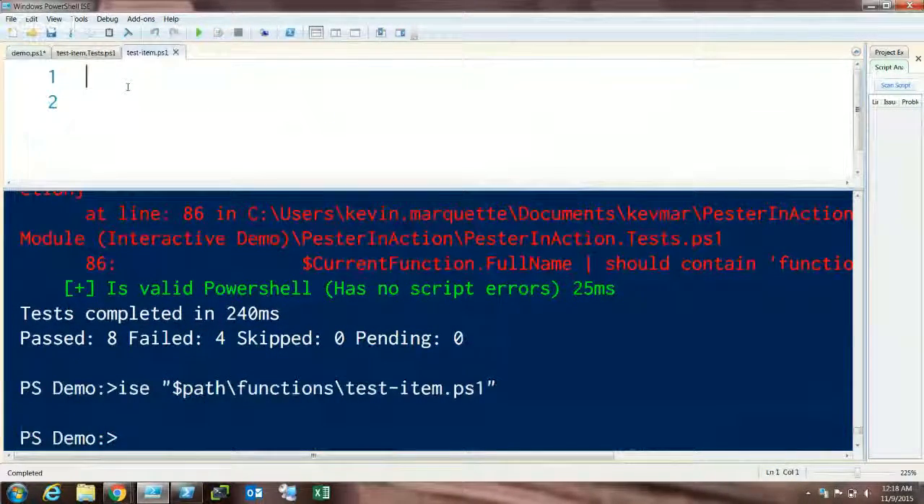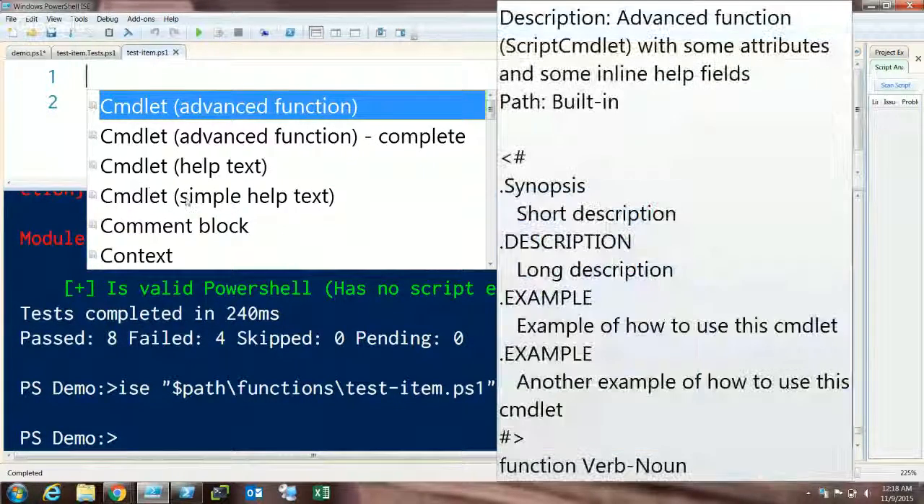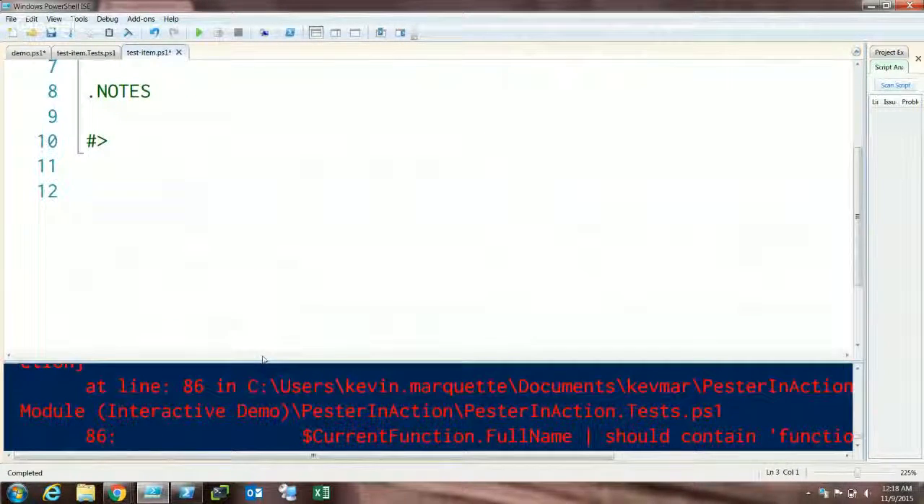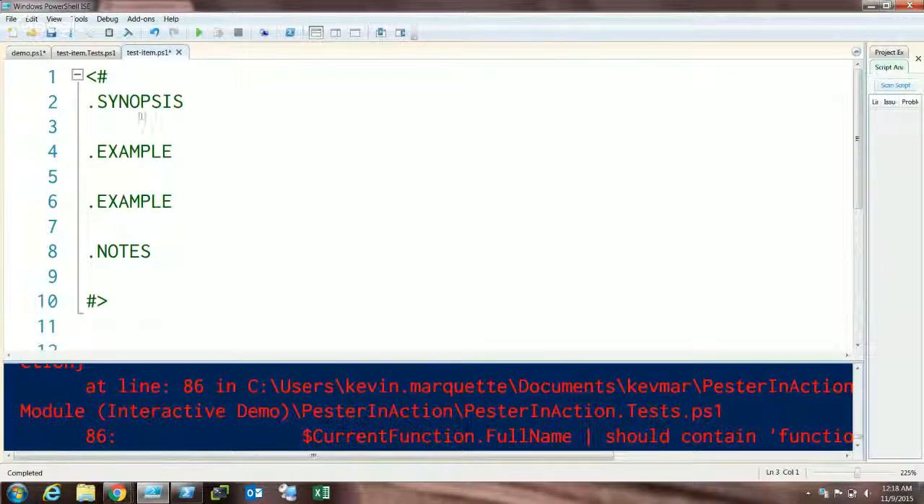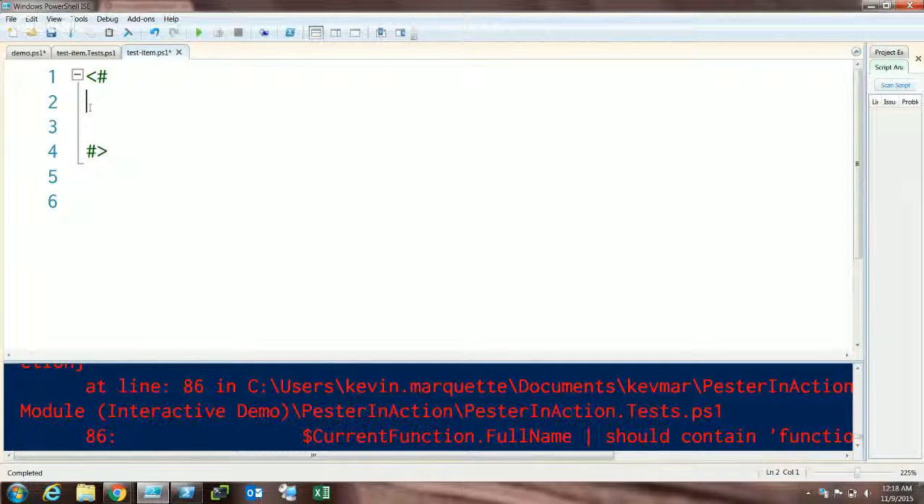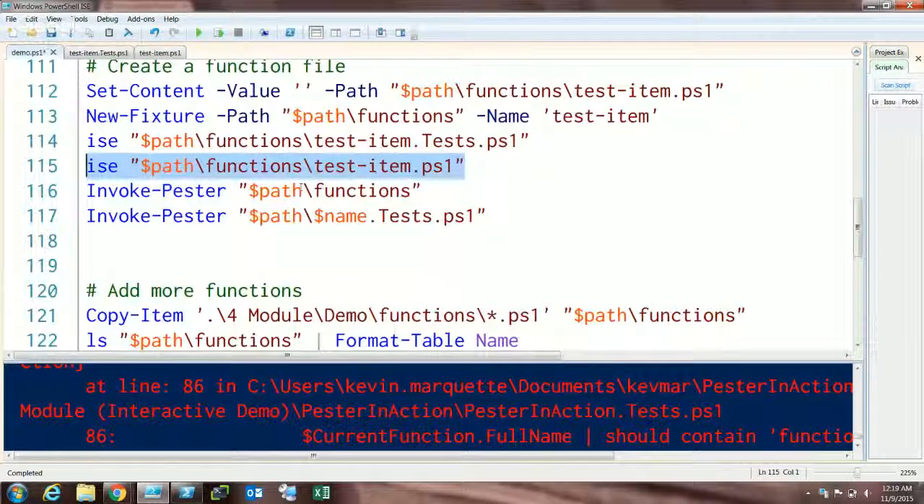It's empty. But I've got a snippet for simple help text. Nothing more than the lines that say synopsis, example, and notes. In fact, while we're in here, let's go ahead, let's see here. No, let's be honest here. We're gonna cheat as much as we can and see how far it'll let us get away with it. All right. So if I run my Invoke-Pester here,